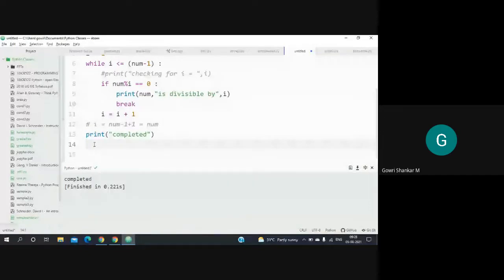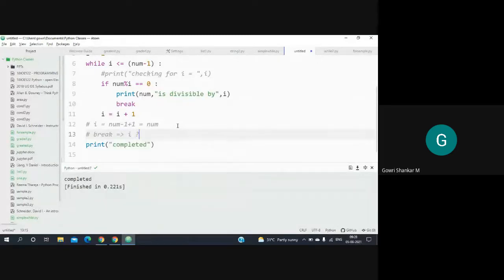Another way of coming out of the while loop is that the while will go for every value of i, and it has reached the limit. This condition is becoming false, and because of that it is coming out of the while loop. So there are two ways this while loop can be broken. One is by using this break, and another way is the while test condition has become false. There are two cases. Now suppose we have come from break, what will be the i value?